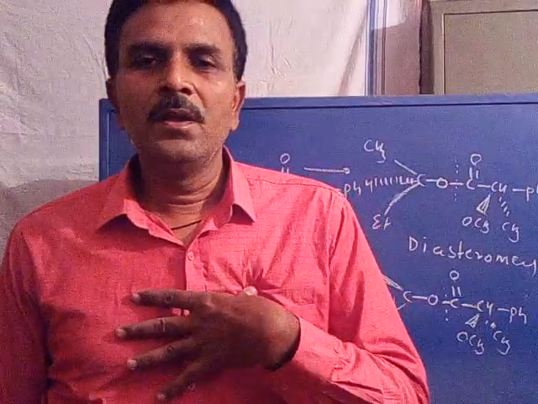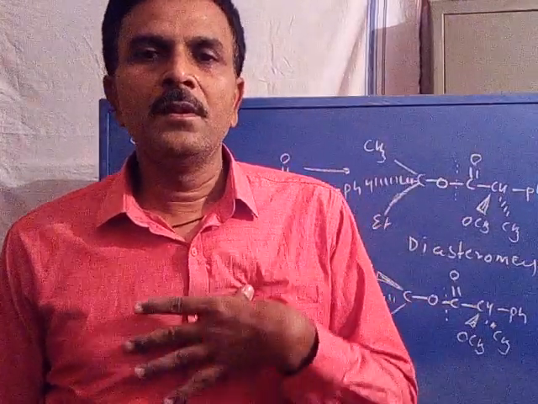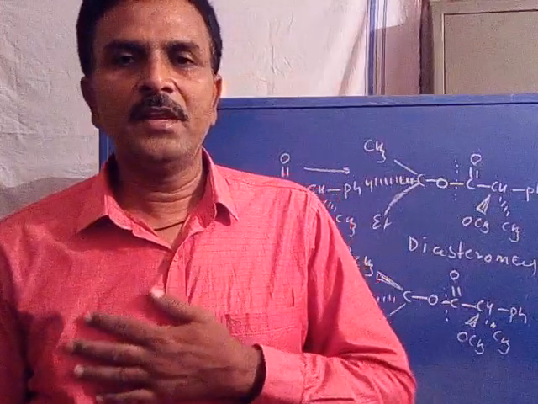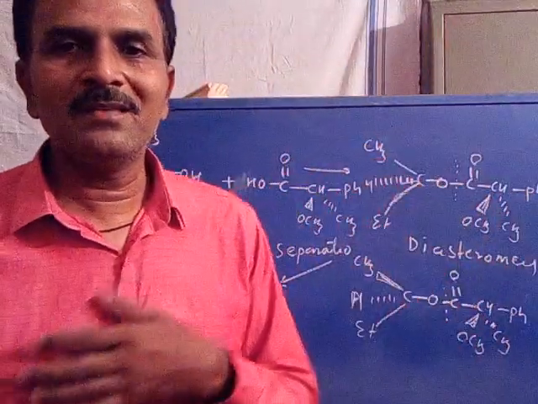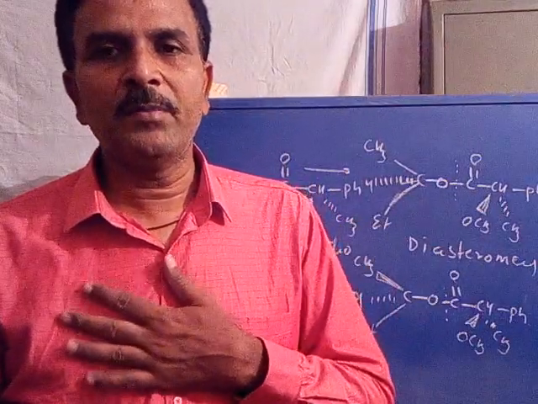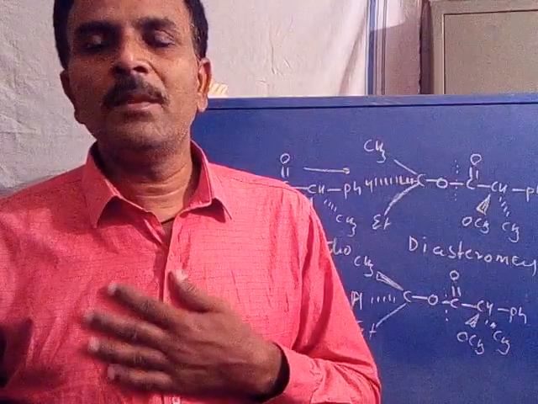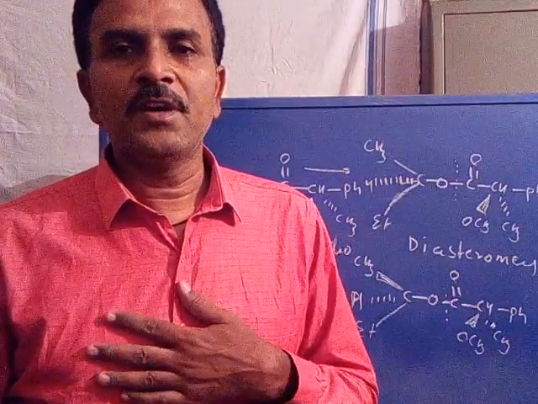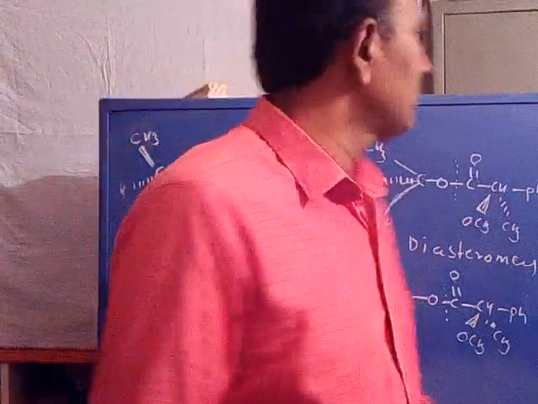One is using chiral solvents, using lanthanide shift reagents. The other one is the use of Mosher's acid for the discrimination. So this technique is for only alcoholic enantiomer separation or discrimination. So with this, the discrimination of enantiomers is completed. Now we are going to discuss a new topic.